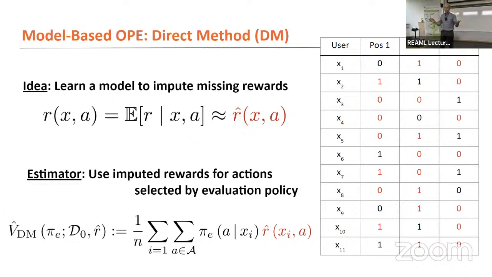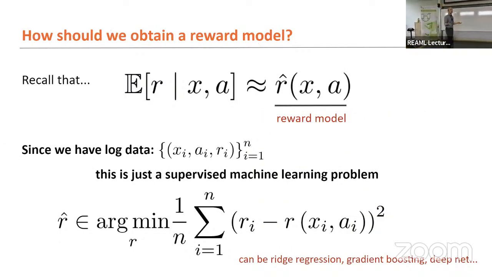And that leaves the question of, okay, how do I come up with the imputations? And then I have to fill in these red values. In principle, that's not so hard either. That's just a regression problem. I can just take all of these black values that I had and then train a regression model that predicts the remaining values. So the black are the training data, the red are the test data, so to speak, and I just train on the black and I test on the red. I can use almost any supervised machine learning algorithm for this. So in principle, that works.